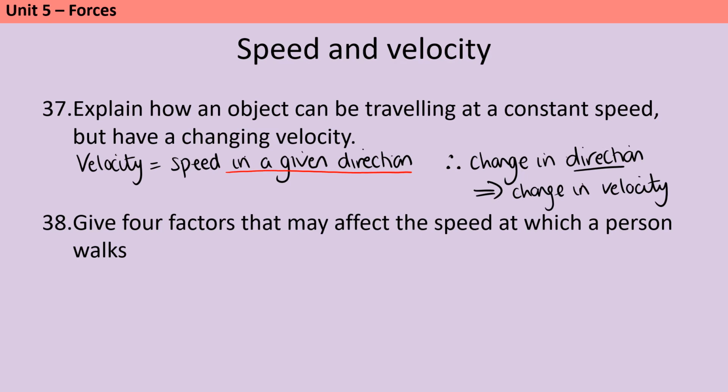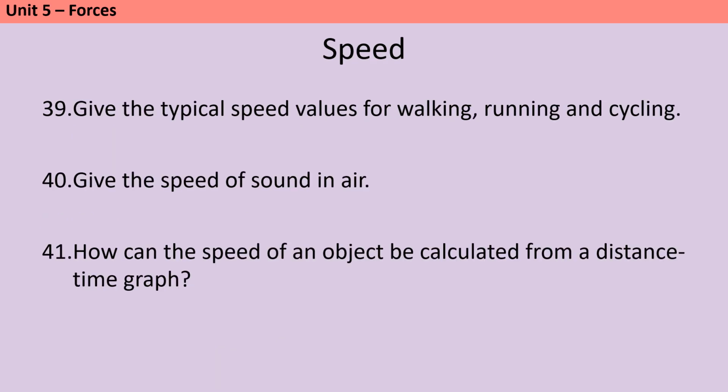A person's speed when they walk could be affected by their age, by their terrain, so the type of surface that they're walking on, their fitness, or also by the distance travelled. So obviously if you're walking a short distance, you can maintain a faster speed than if you're walking a marathon. The typical speeds that are quoted in the physics specification for walking, running and cycling are 1.5 metres a second, 3 metres a second and 6 metres a second. In air, sound travels at a speed of 330 metres a second,